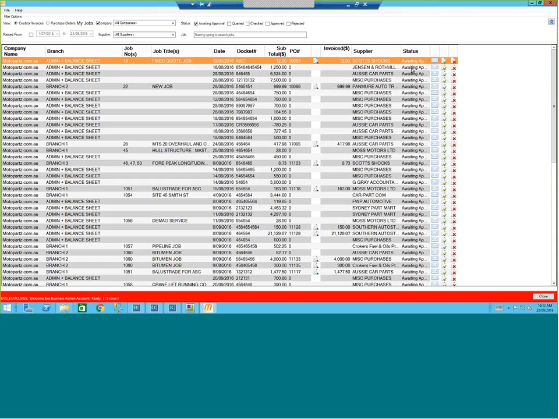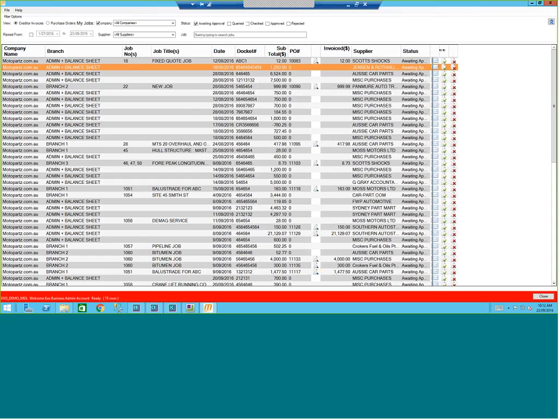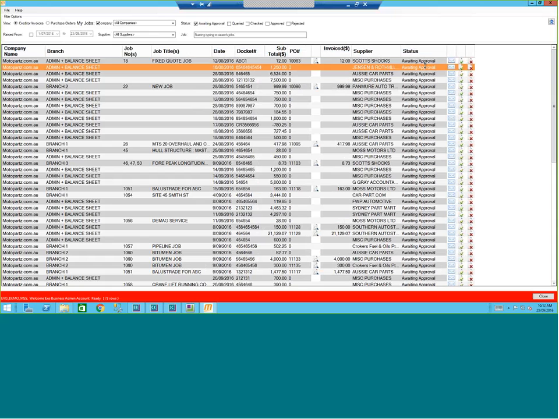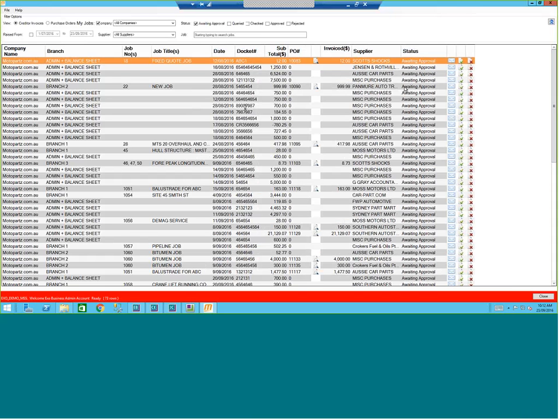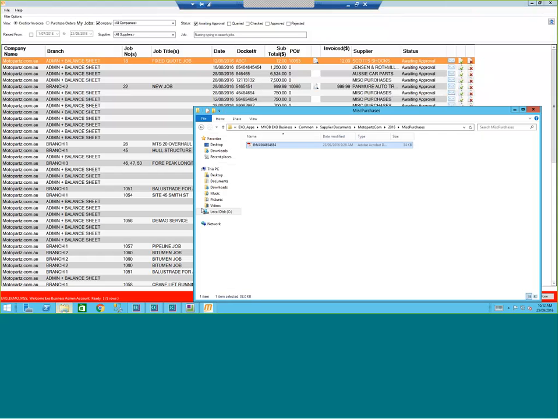And then each transaction has a status, okay, which can be awaiting approval, queried, what have you. Right, so a common scenario, and we want the person approving these invoices to be able to see the invoices. Okay, so the first thing we're going to do is, and this would be pretty common, we have